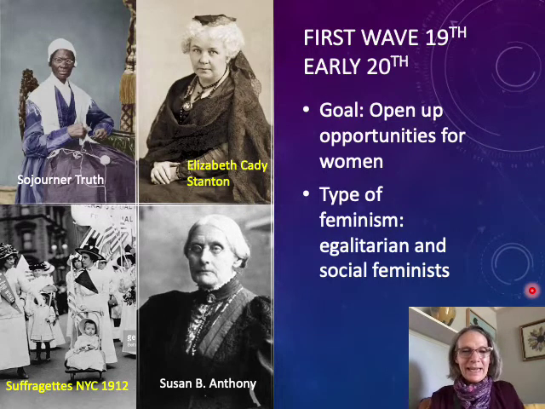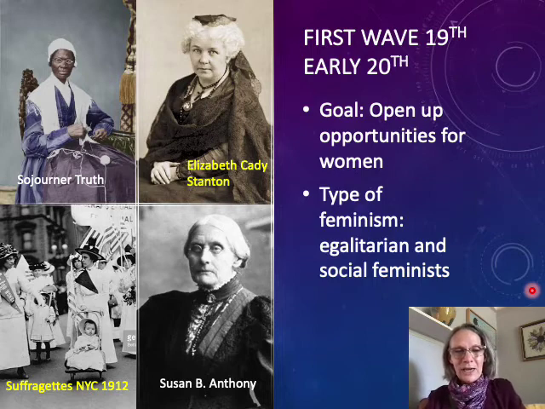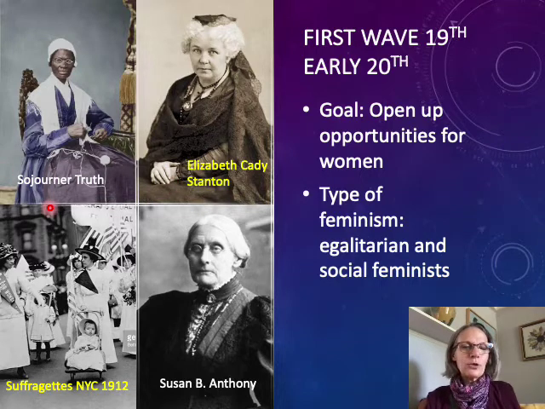which is basically taking the Declaration of Independence and changing it to say that women have these rights as well. On the other side here is Sojourner Truth, about the same time period. Sojourner Truth was born into slavery, and she escaped with one of her children. And then she actually fought to get her other child back from the slave owner, and she won. And she was one of the first women to win that kind of battle in court, which is just amazing